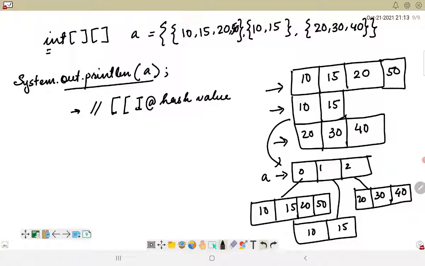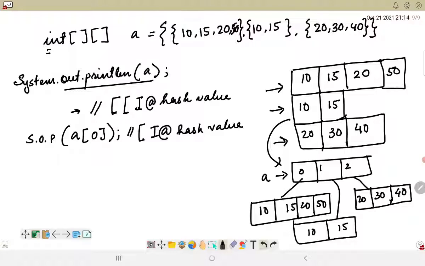Similarly, now if I want to print System.out.println A of 0, then A of 0 again will not give me the element. It will also give me an @ followed by a hash value.